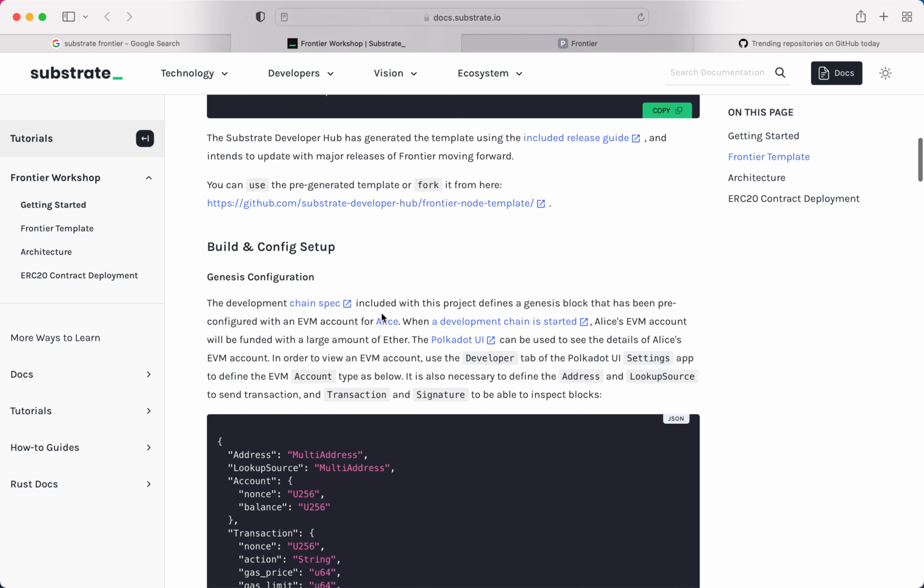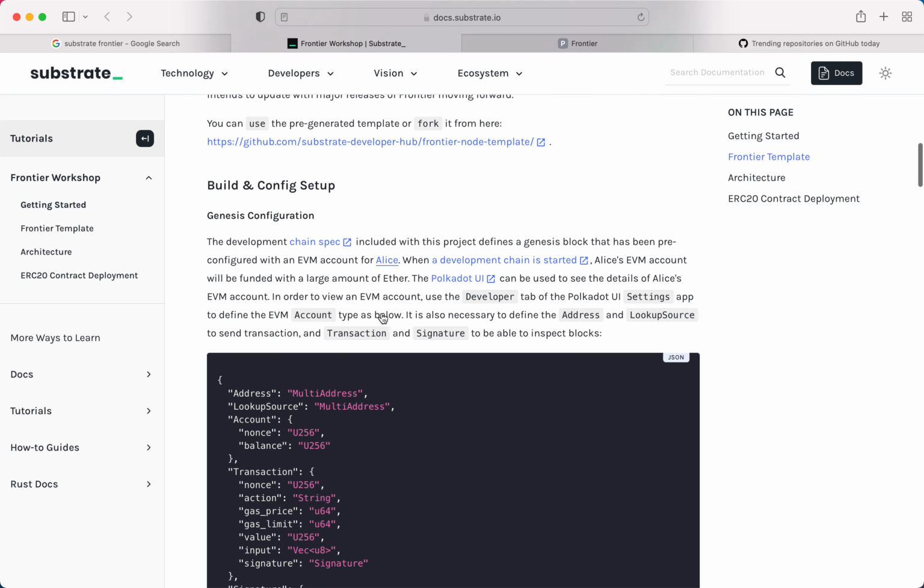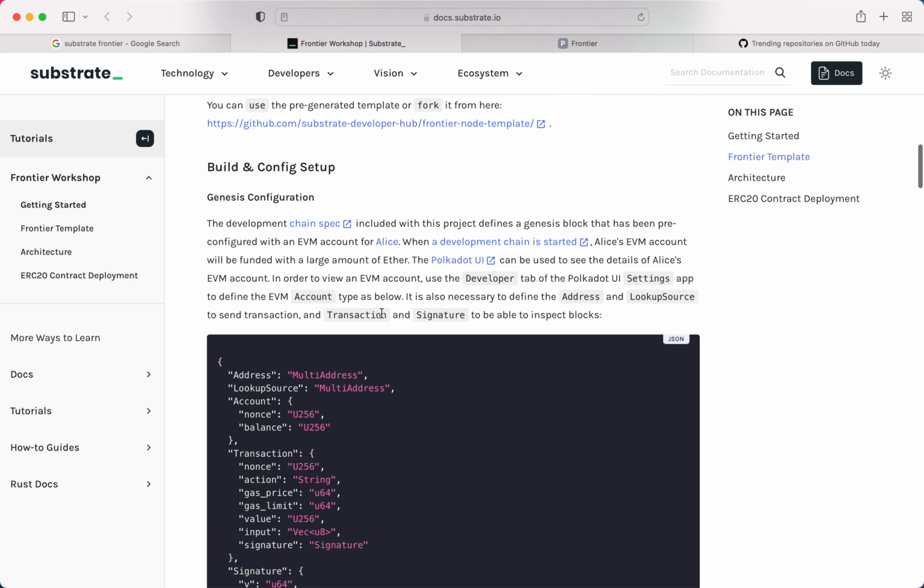The Substrate Developer Hub has generated the template using the included release guide, and intends to update with major releases of Frontier moving forward. You can use the pre-generated template or fork it from here, https://github.com/substrate-developer-hub/frontier-node-template/